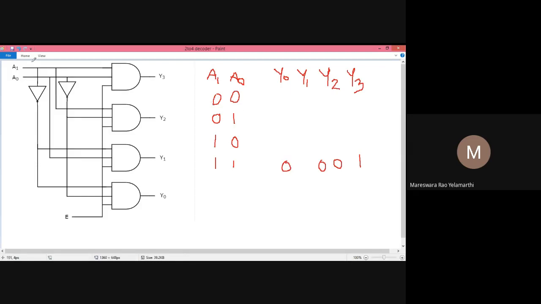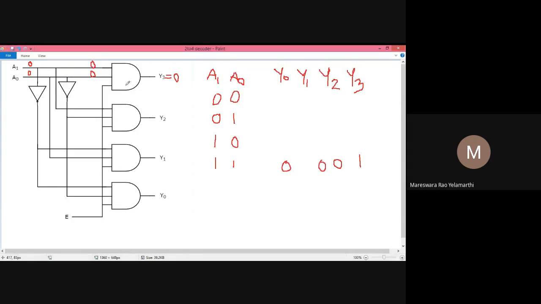I am going to apply 0 0. For this particular 0 0 condition, the first input of this gate is 0 and the next input of this gate is also 0. So 0 0, if you multiply 0 with 0, we'll get a 0.